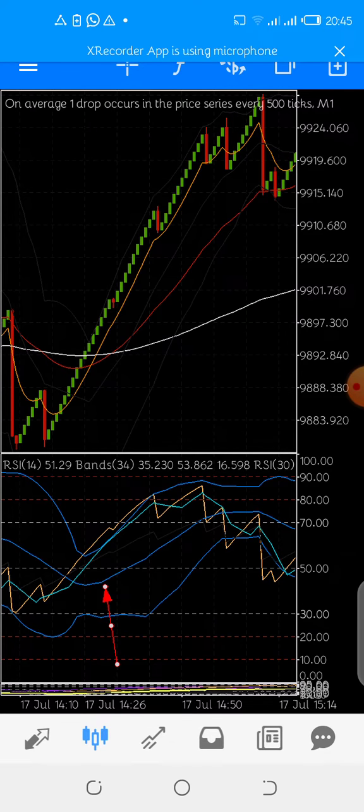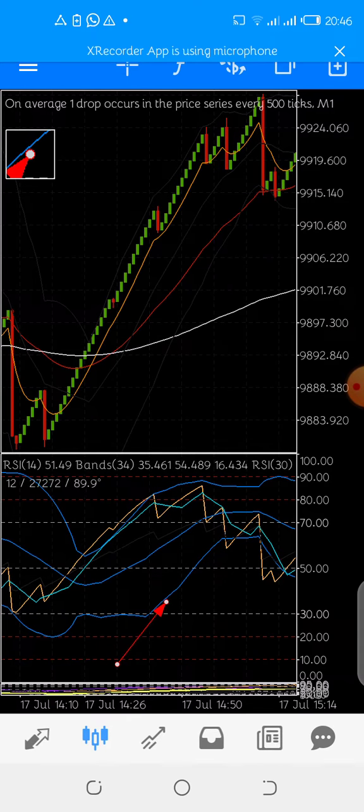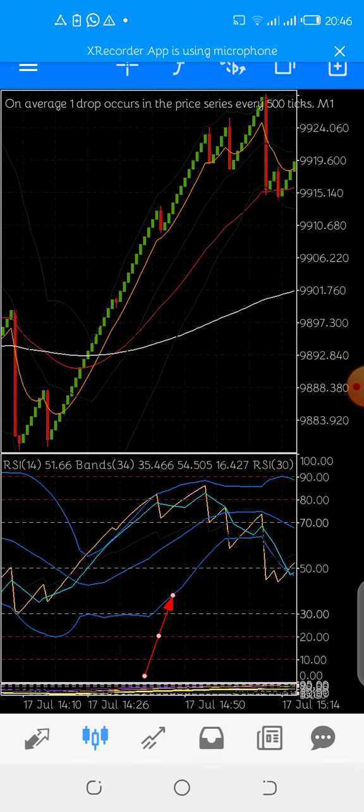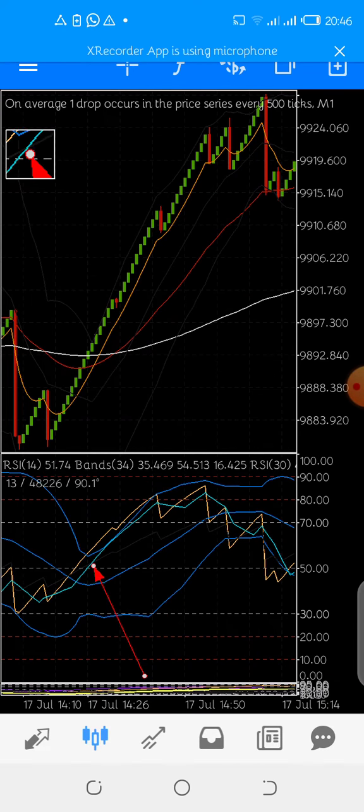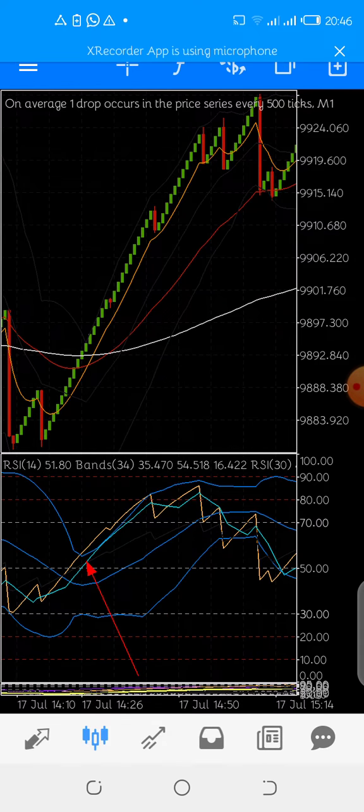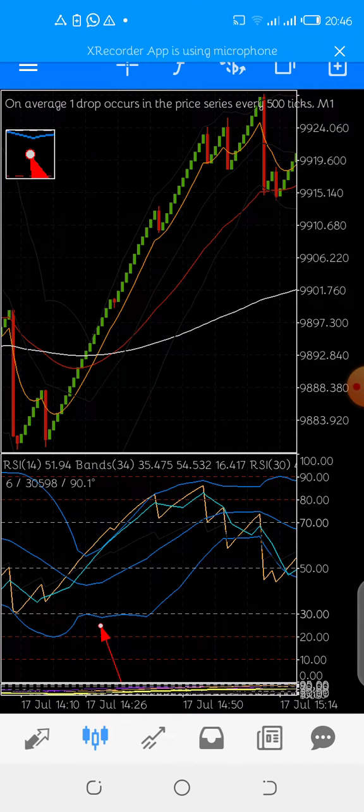Come down, that is the middle Bollinger Band, which is also the market baseline, and this here is the lower Bollinger Band. So anytime you find the Bollinger Band or the Bollingers coming together like here, down here and here,